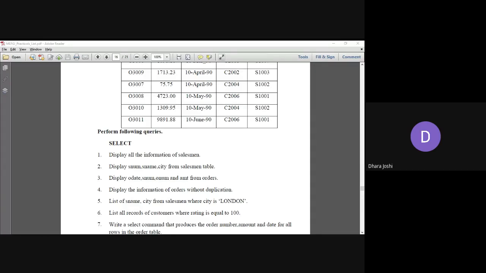Okay, so Parth has written select S name, comma city, this is the second column, from salesman, which is the table name, where city equals London. Yes, Parth. So as a result, you are getting two records, Piyush and Miti. Each and everyone try this command and verify that you are getting two records as a result.